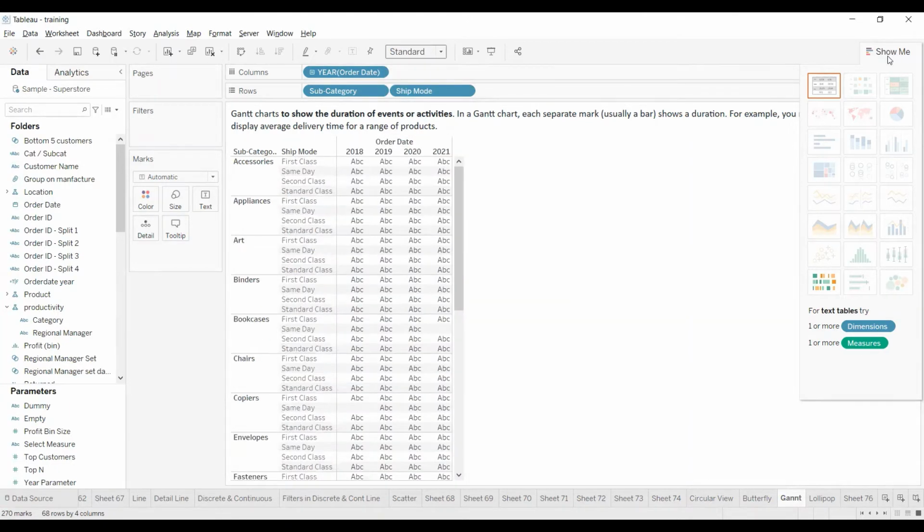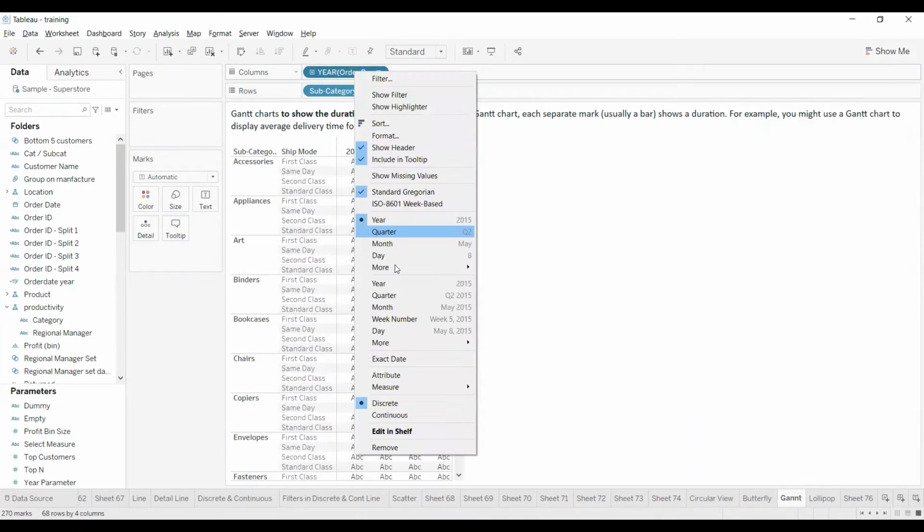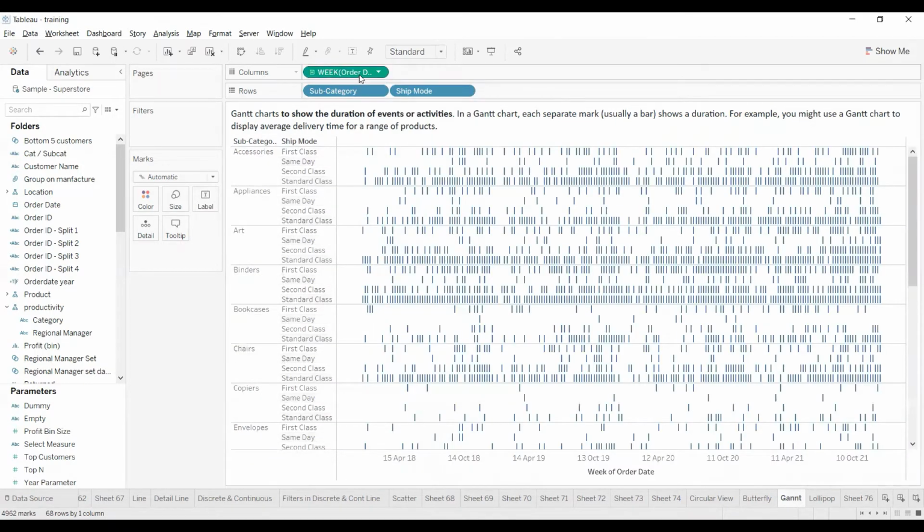And I would like to show it in a continuous format at week level. So overall data, these are the week ranges, and week of order date is 6th September 2020 for this